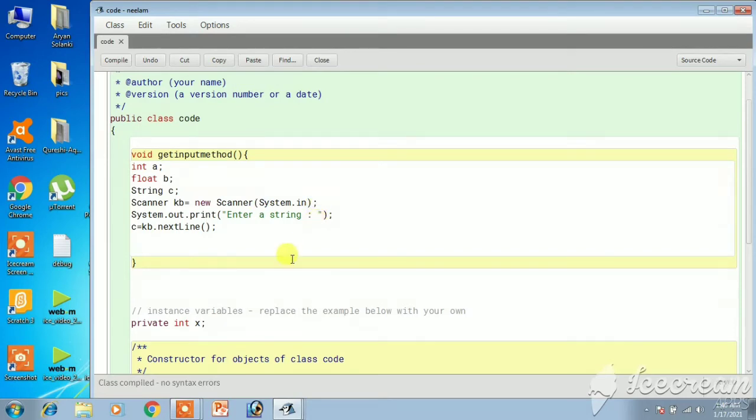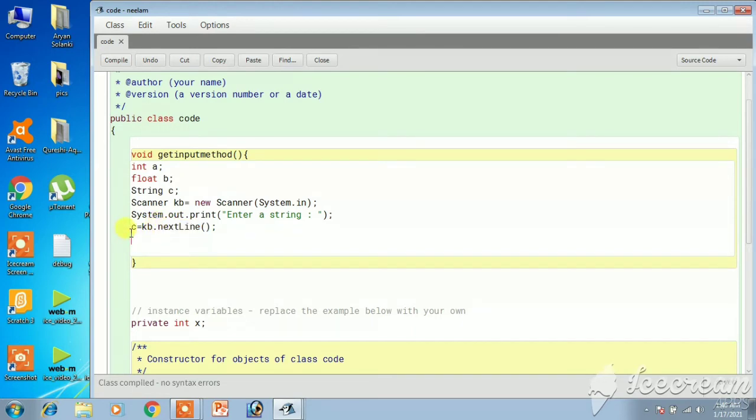Okay, that terminating symbol. Now you can type the output, whatever you want to print on the screen, like enter your name, hello, how are you, or simply what is your name. Anything can be asked inside the double quotes. You can type the message and it will be printed on the screen. Then you have to write c equals, why c? Because I will be storing the string in c. So c equals kb dot nextLine. Okay, nextLine is used because we will ask the user to enter text.